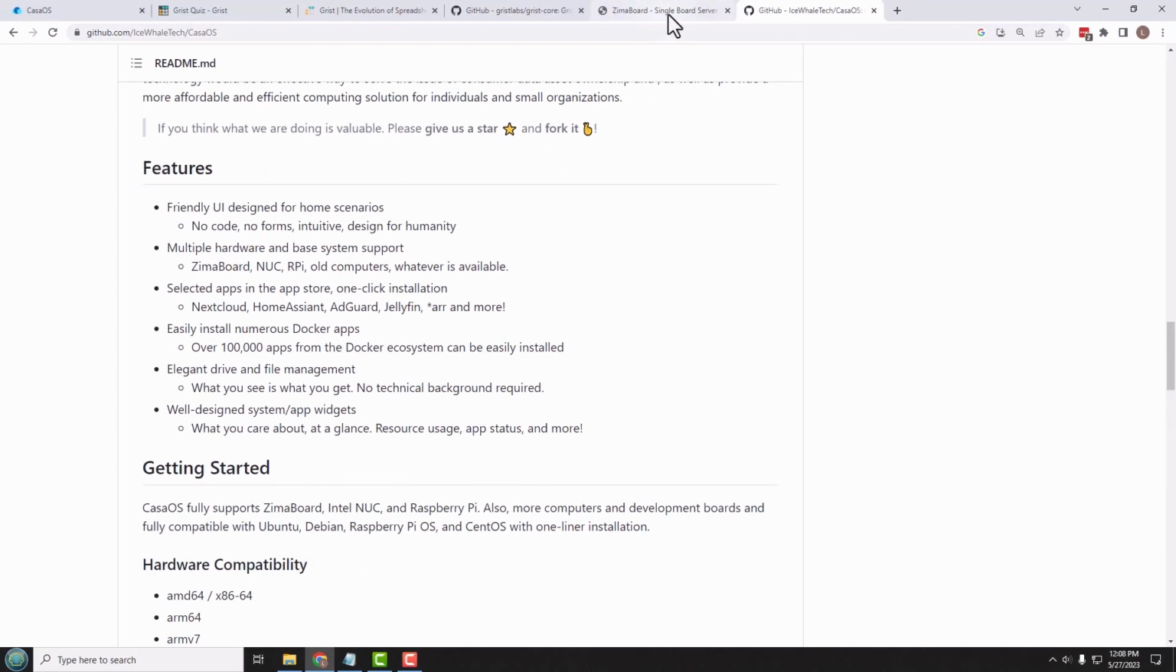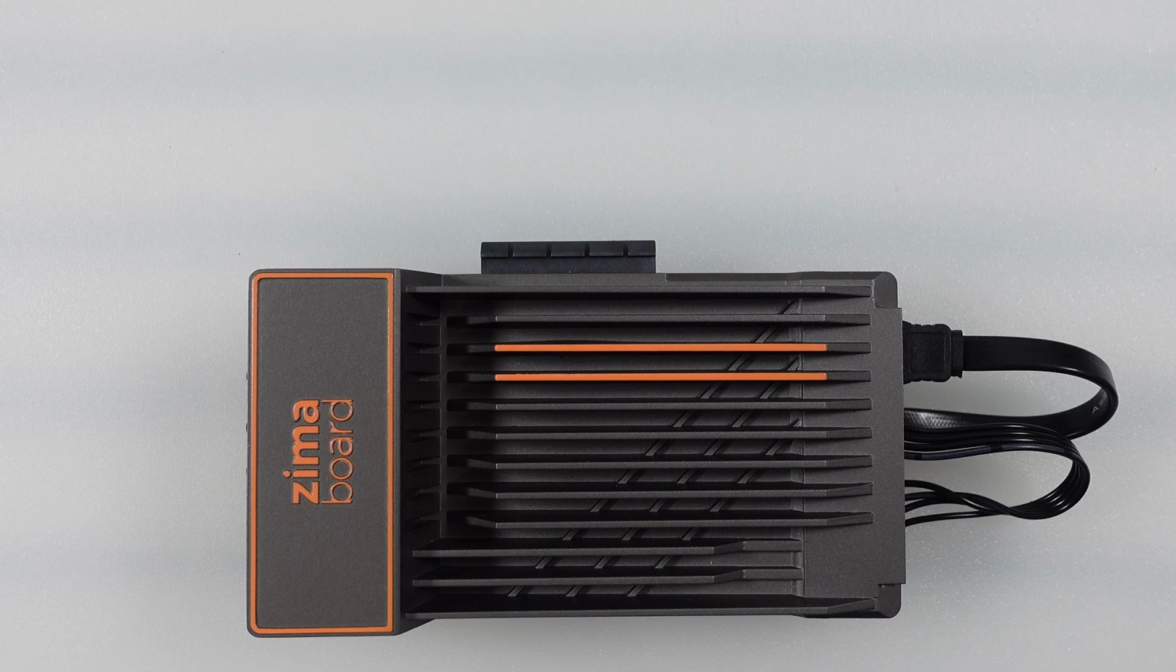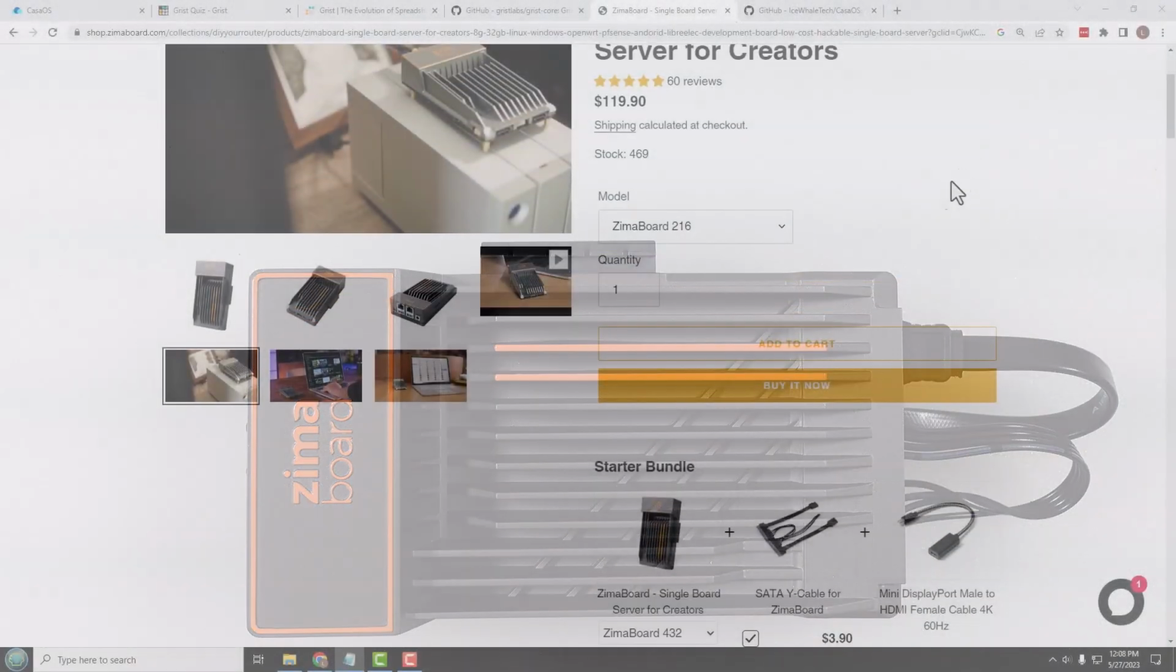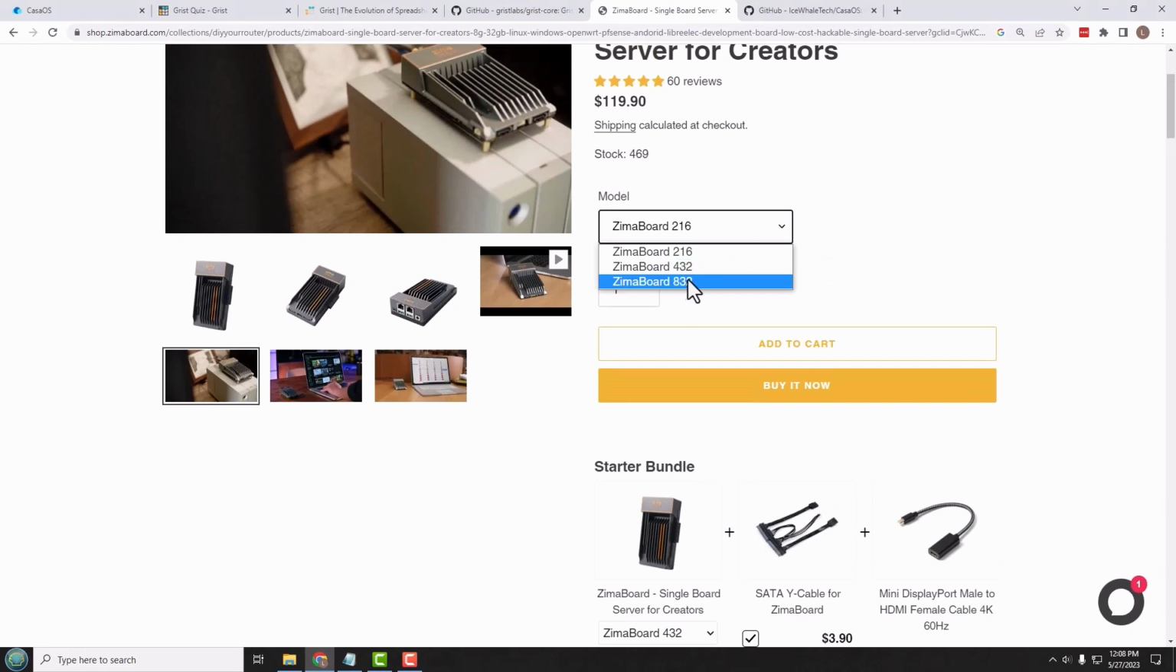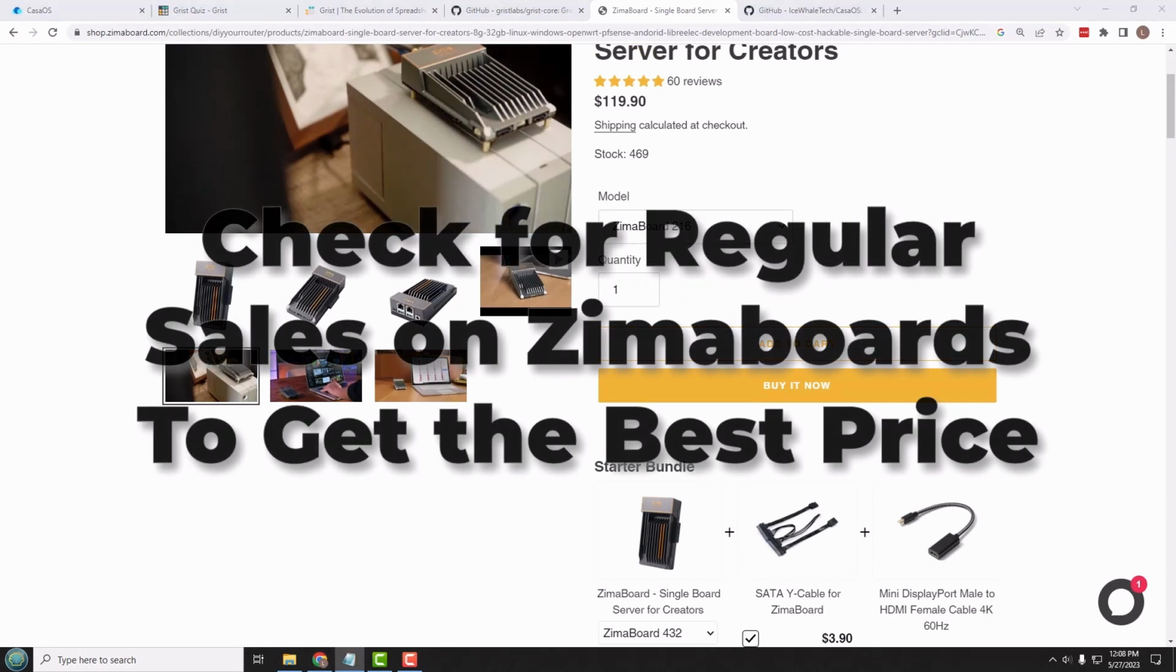Now, I will be using a Zimaboard today, and Zimaboards are these cool little fanless servers. They just have a heatsink on top, and they are pretty powerful, but only for lightweight server sort of work. Basically, the two models that I would recommend, which would, by the way, be the 432 and 832. Both have an Intel Celeron N3450, which is a quad-core processor that can go up to about 2.2